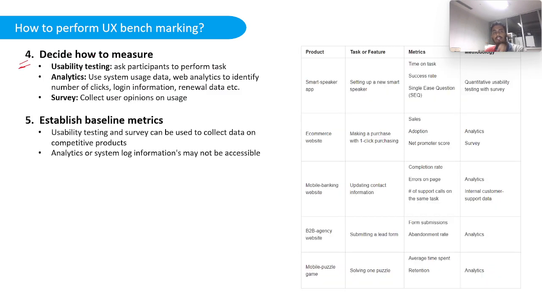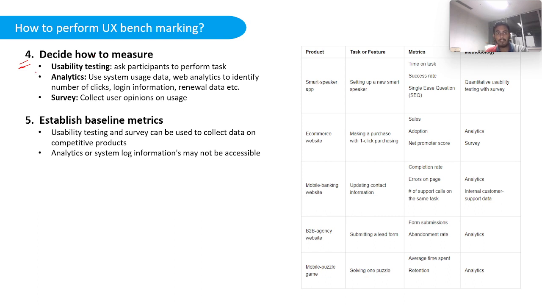Now deciding how to measure. Okay, now the metrics are done. Now you need to choose what particular procedure you will be following. Tasks are already defined, like what you will ask, what sort of features you will be benchmarking, and what sort of metrics you will be using. But now you need to decide on what sort of test, what sort of procedure